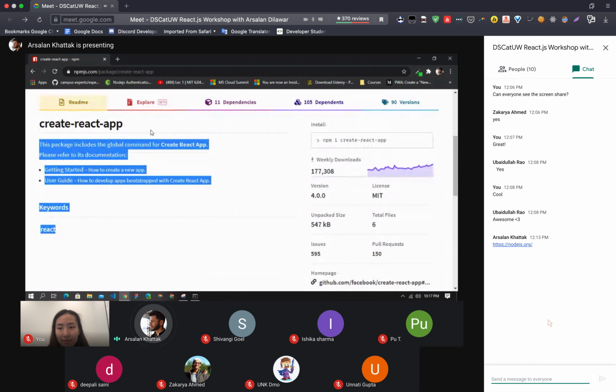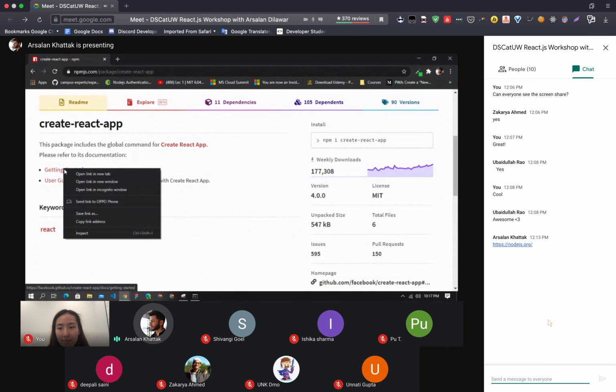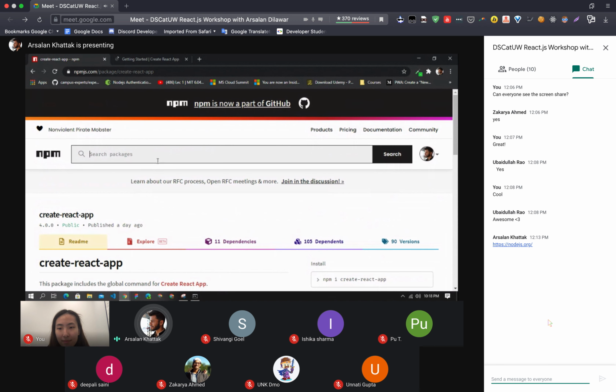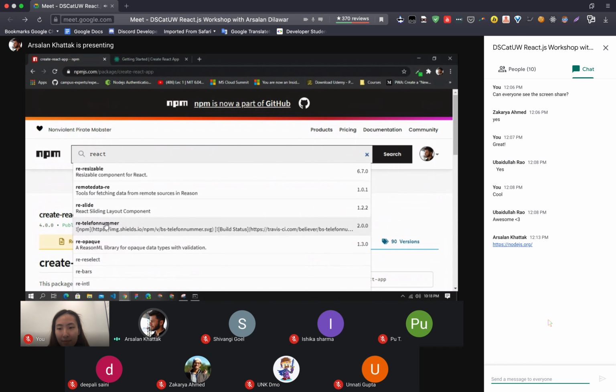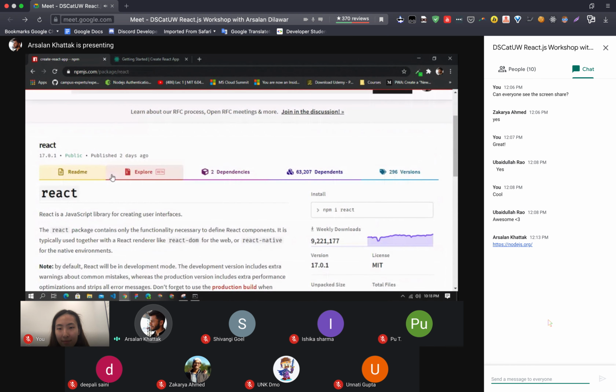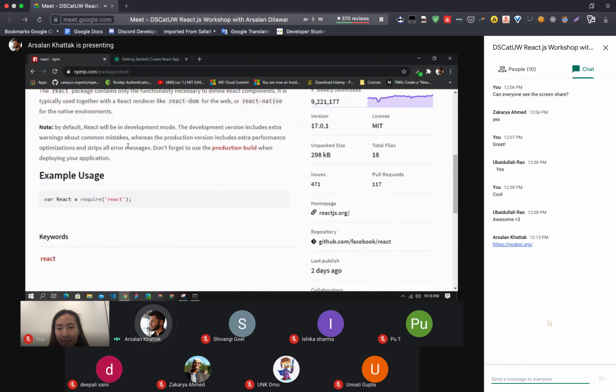So this is the package, and you can see the getting started guide here, and we also have React.js as well here. This is the file which is also available here.